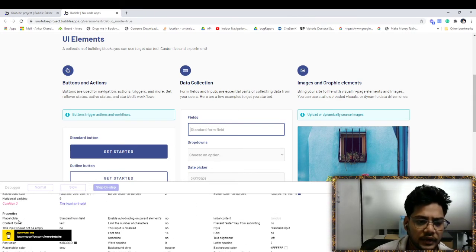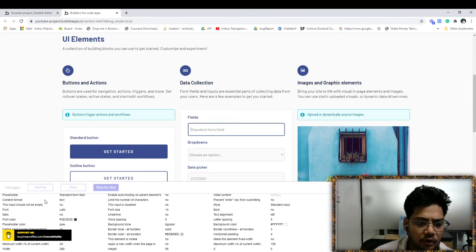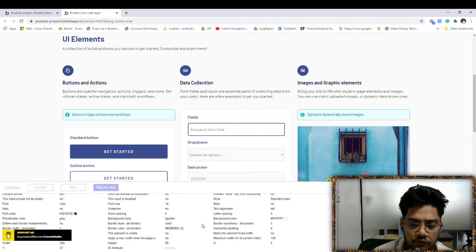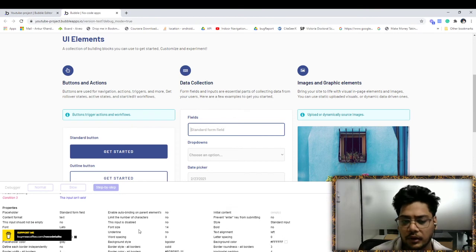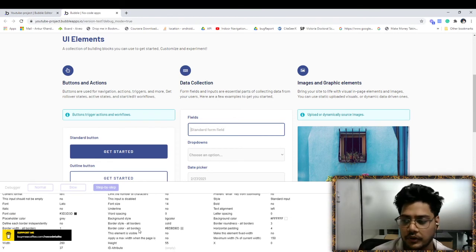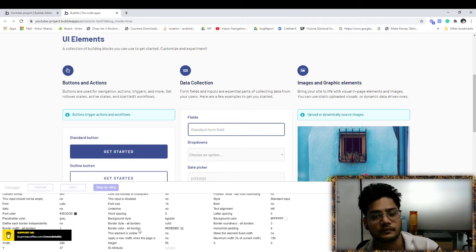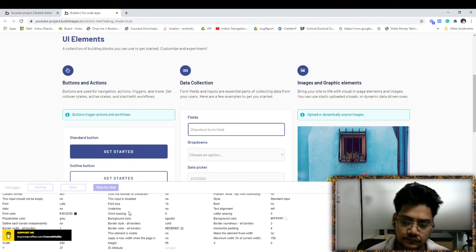And other properties are there. What is the placeholder name? What is the content format? Is it text, email, password, anything? There are a lot of properties out there you can understand. It depends upon what case you are stuck in. That will help a lot. Personally, for me, it helps a lot, even in a lot of programming. I do Android programming also, and in that case also it is my best friend to find an issue and all.